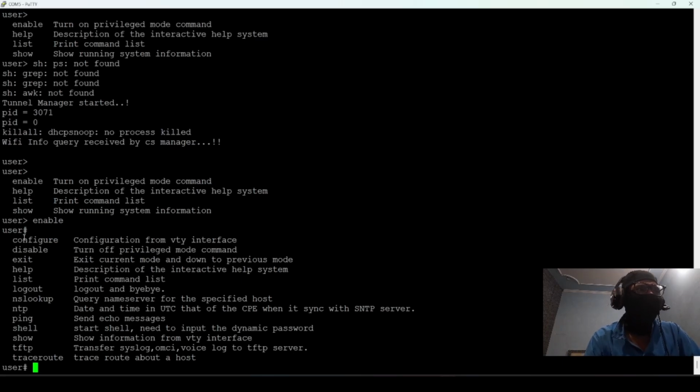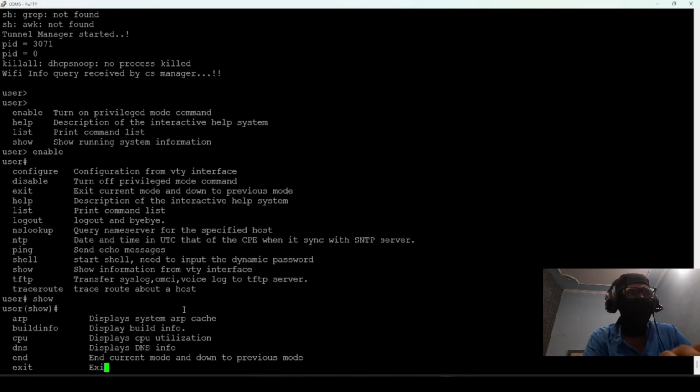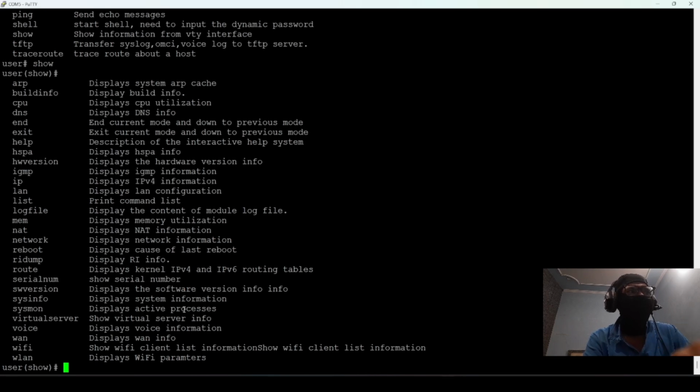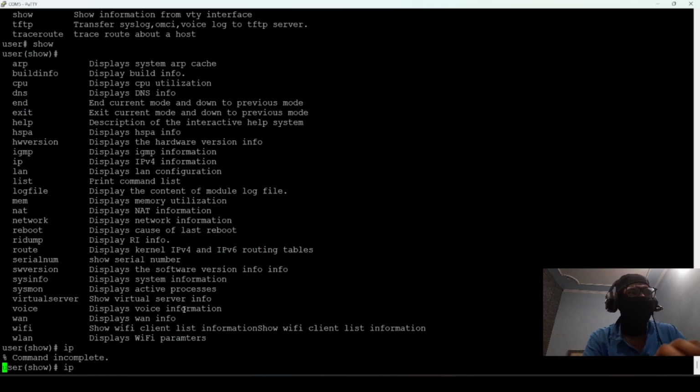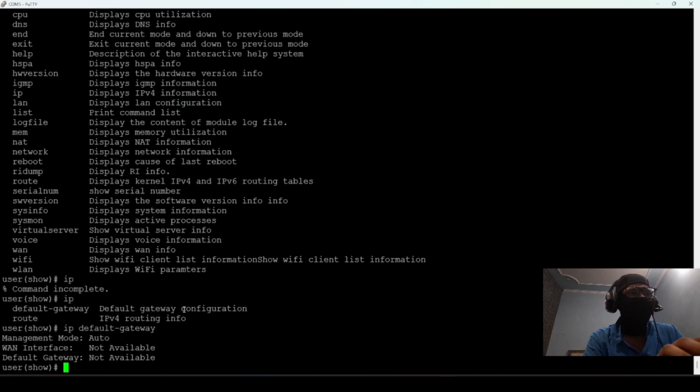Okay, we have configure, like these are the basic shell commands, when you work on a switch or a router where you have not been given full shell access, only a restricted shell. So we have a lot of commands here which we can try. We can do show, right, we can do show all of this, IP, we can see default gateway not available, that's fine.